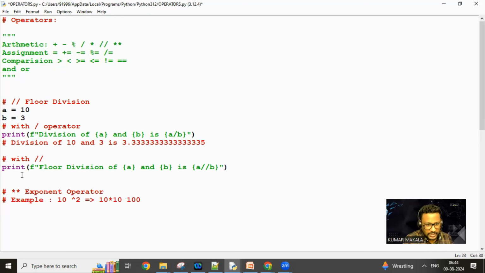And if you want to do 10 cube or 10 power 4, whatever it is, you will be using a double star. Double star means power operator. So if you want to do the same example I have just shown of 10 square,